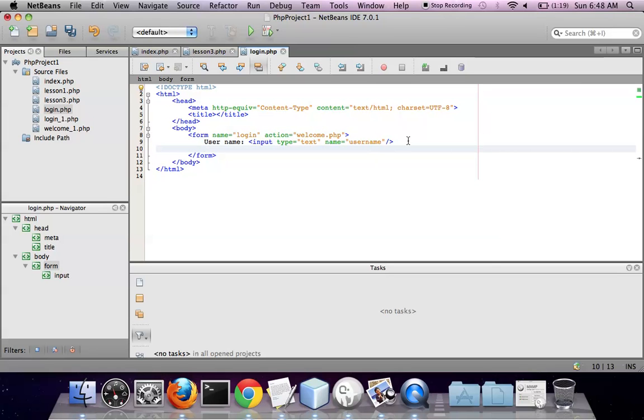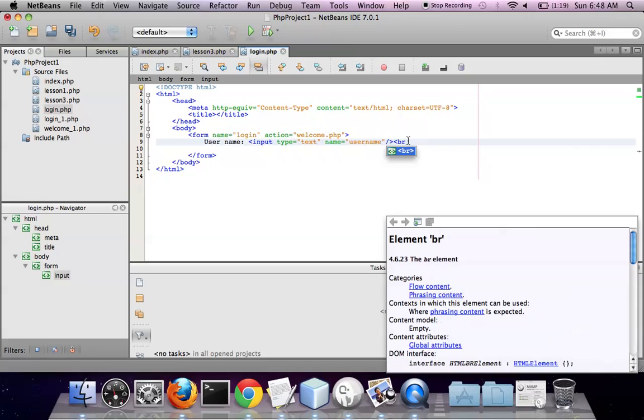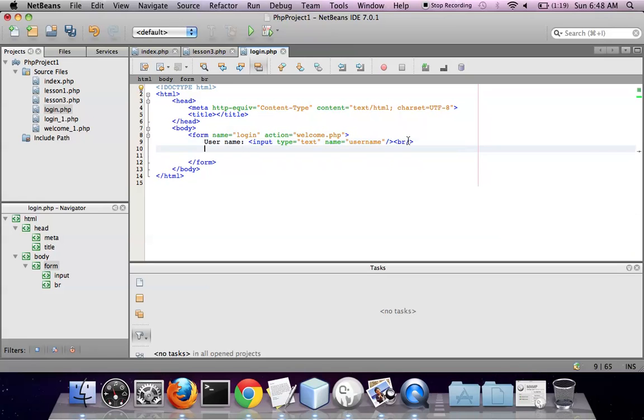I'm going to have a break, password, input type is equal to text, name is equal to password,